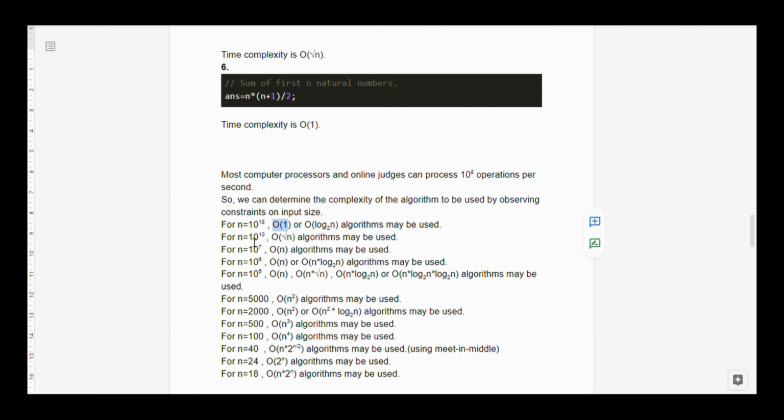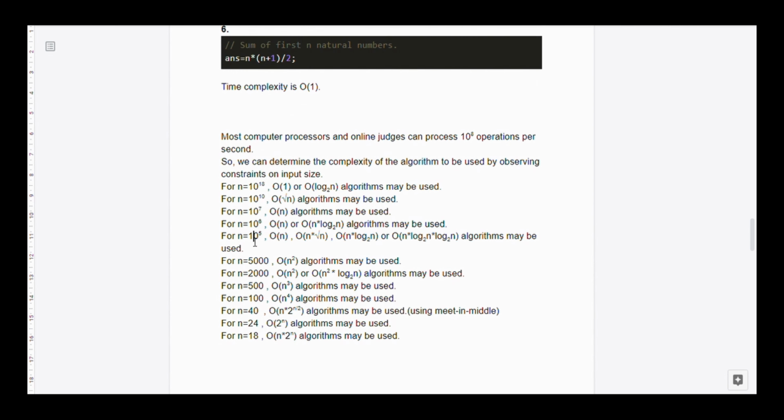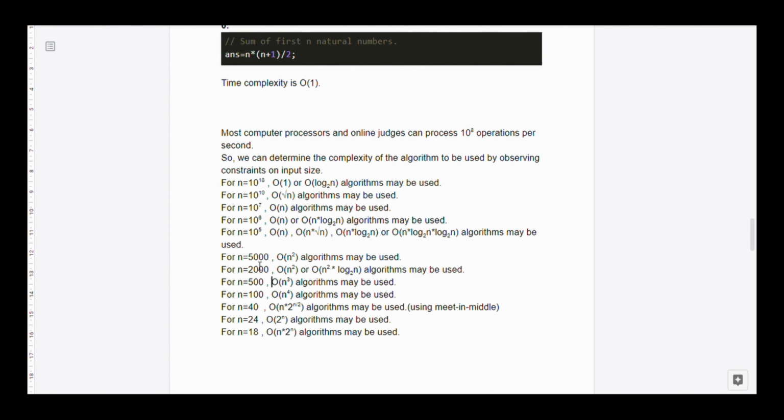For n of order 10^10, an O(root n) algorithm can also be used. For n of order 10^7, O(n) algorithms can be used. For n of order 10^5, O(n root n) and O(n log^2 n) algorithms can also be used. For n of order 5000, O(n^2) algorithms can also be used.